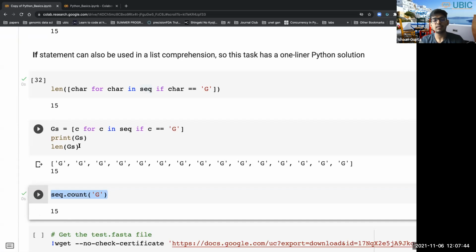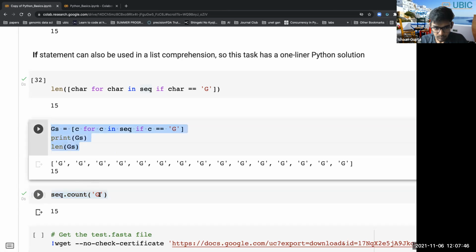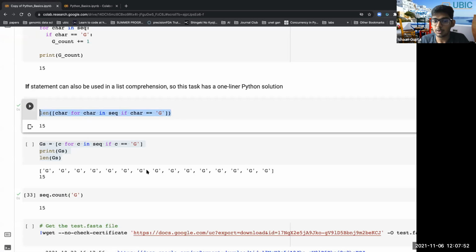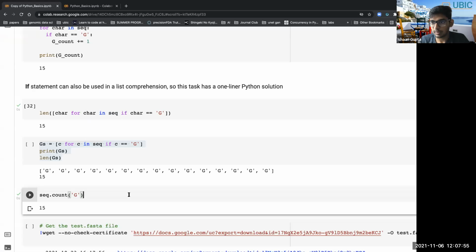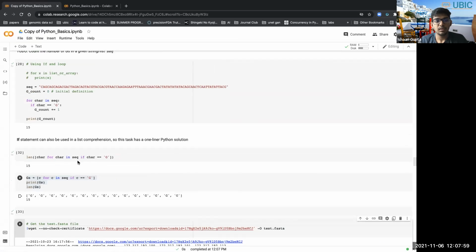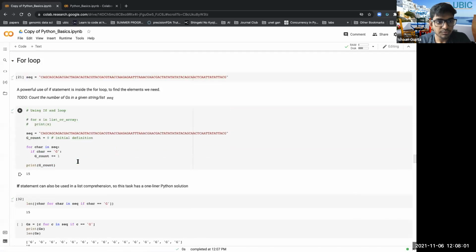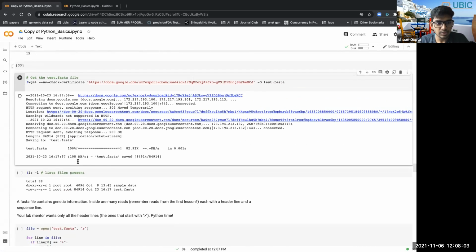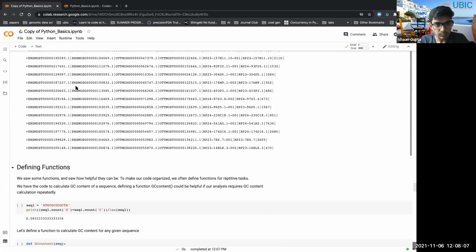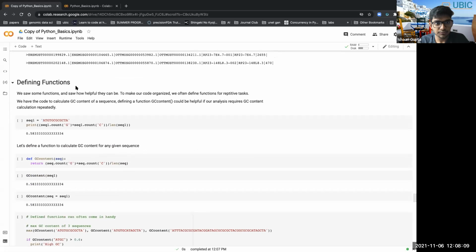I was just using this as an example, but I also want to make you aware of this function count that you should actually use in practice and not this for loop. Usually you would use the count function, if you want to. All right. So that was for loops. Before we get into this test file and stuff, I do want to go over defining functions